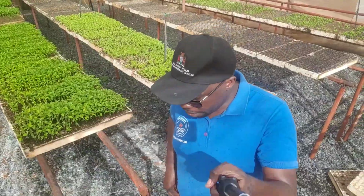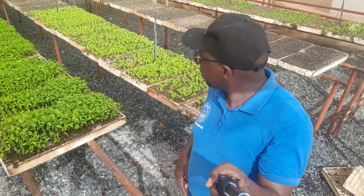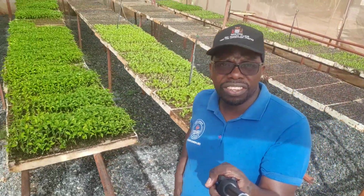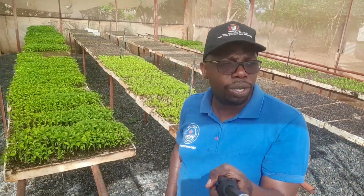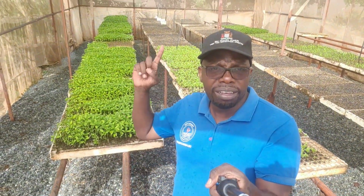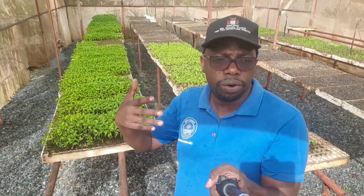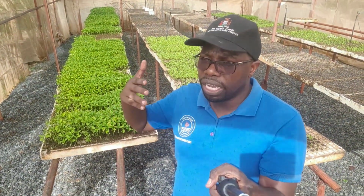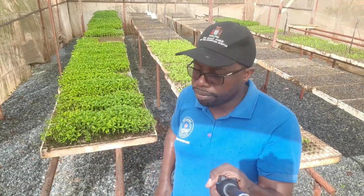So let's get going. Right behind me, we have some sweet pepper seedlings that are meant to go into production as part of our succession planning. Right now, our nursery is under irrigation. You can see the rain jet sprinklers at work. The issue is that we always have to have some seedlings right here to make sure that they succeed the older crops. Much as we showed you the older crops, you saw the middle ones, we have some seedlings that will take over from the older